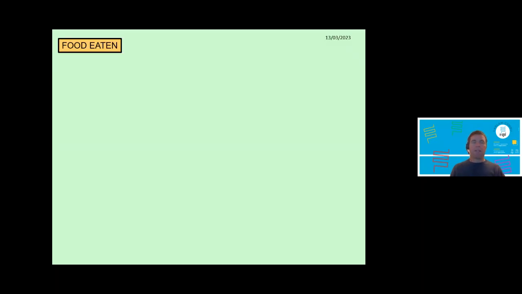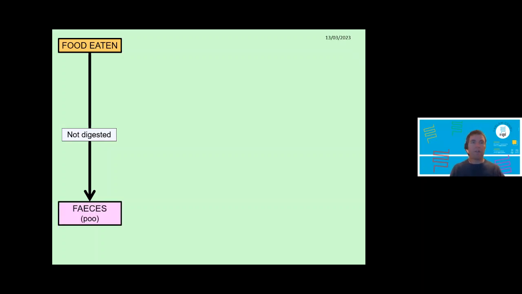Now, let me explain why a pyramid of biomass will always look pyramid shaped. Let's take this situation here where food is consumed. An awful lot of food that is eaten is actually not digested, and therefore passes straight through your digestive system and is lost as feces. However, there is a significant proportion of the food that you eat which is digested and absorbed, and then you have used in